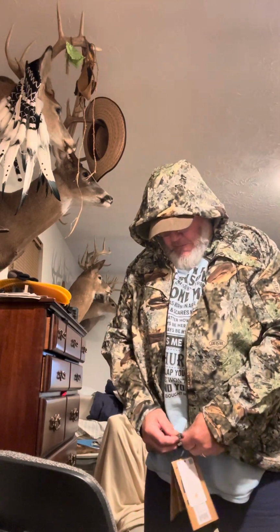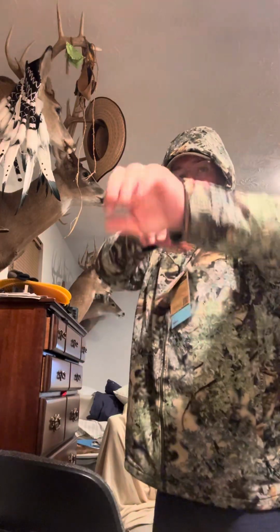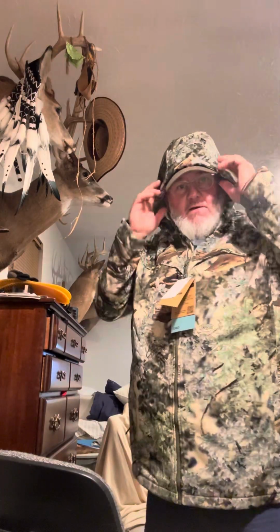It's a little large, but I know if I'd have went with a 2X, it would have been too small. So I intend to wear a base layer and a quarter zip underneath this. The sleeves are pretty good, not too bad. The shoulders are stretchy, so you can bend around. So if you're bow hunting, the hood has adjustable